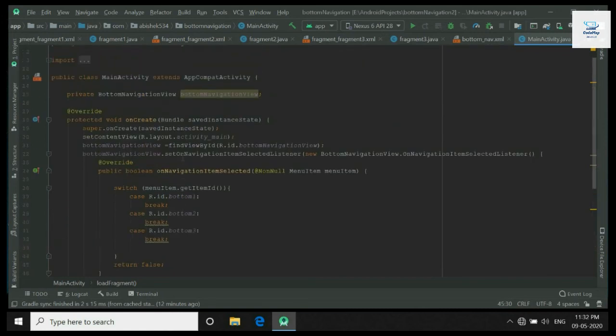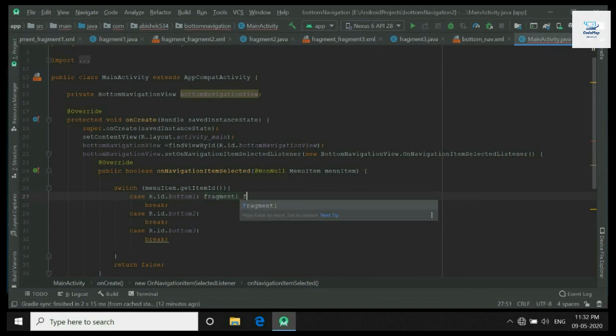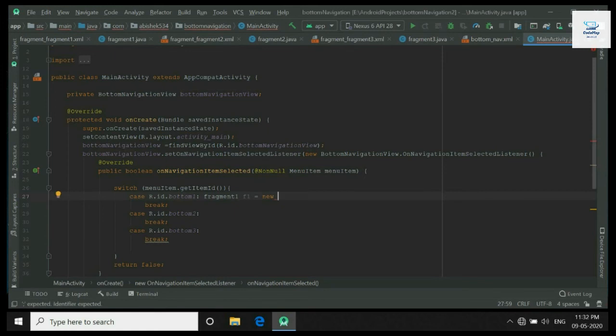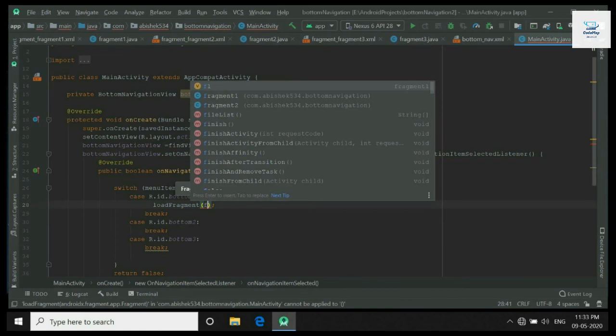Now we will use this method in the on navigation item selected method. And we will pass the fragment that we created above as the argument in the load fragment.